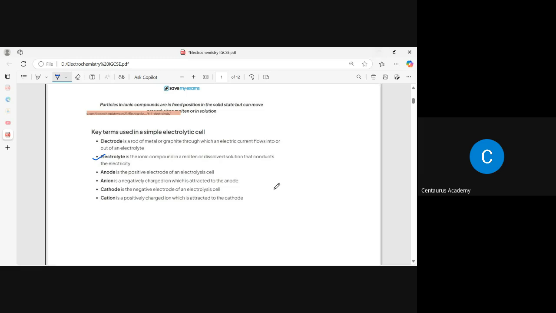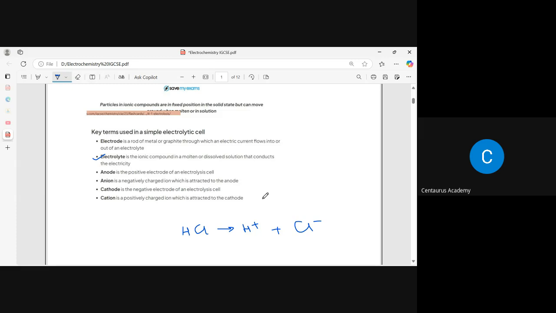So acids are able to conduct electricity because they are able to dissociate into ions. For instance, hydrochloric acid dissociates in its aqueous state, when it is dissolved in water, to form hydrogen ions and chloride ions. And this is a complete ionization. Whereas any weak acid, for instance ethanoic acid or any organic acid, or